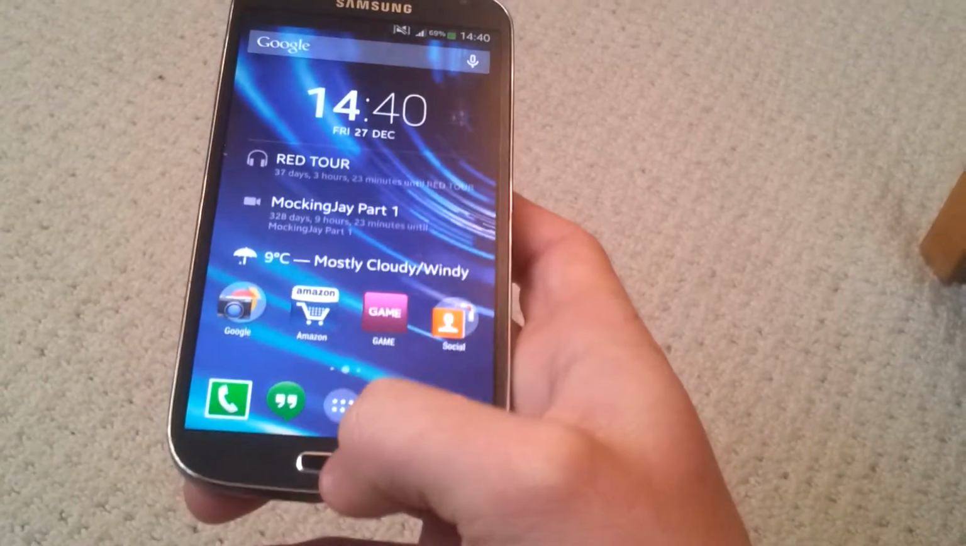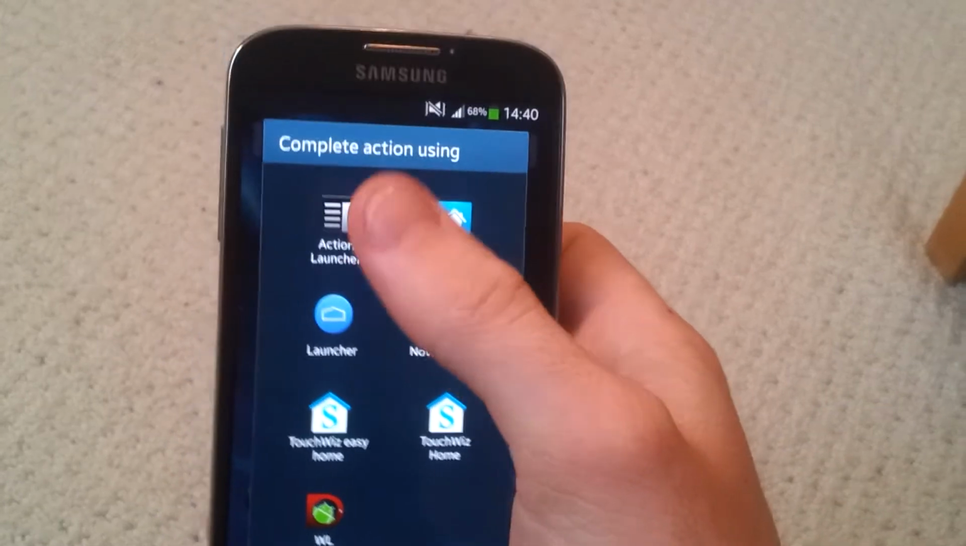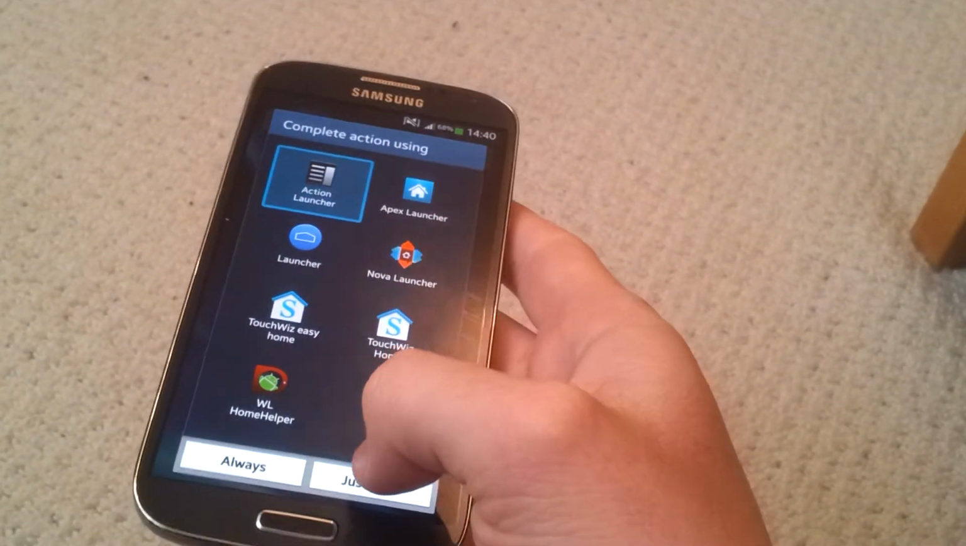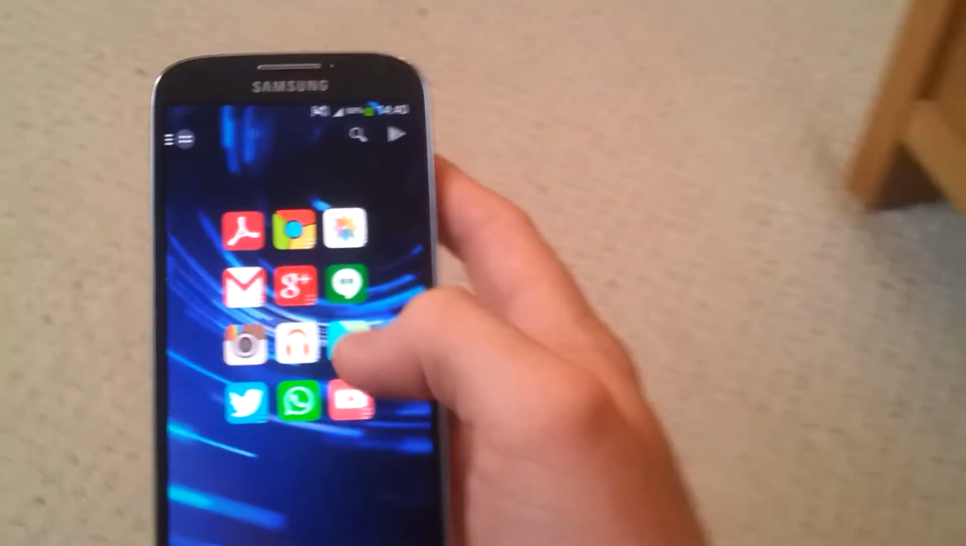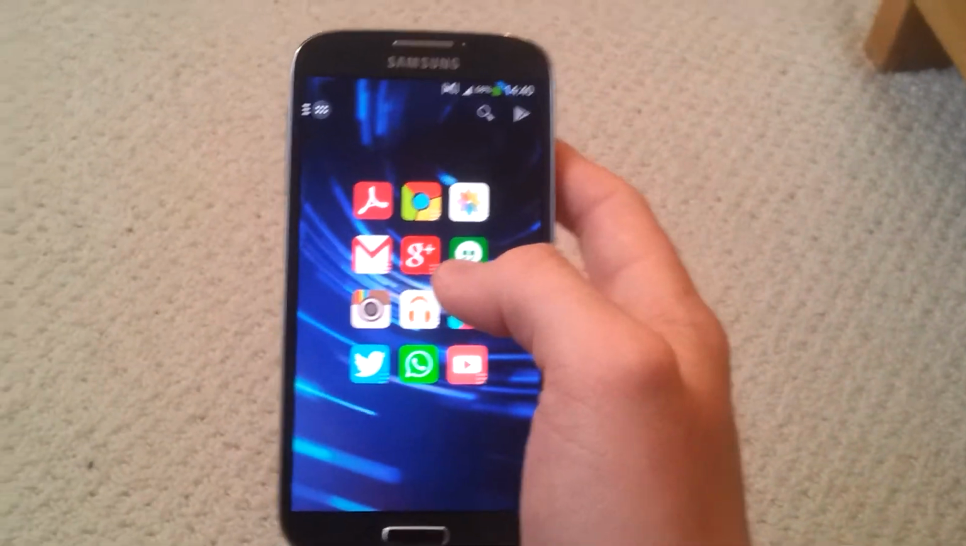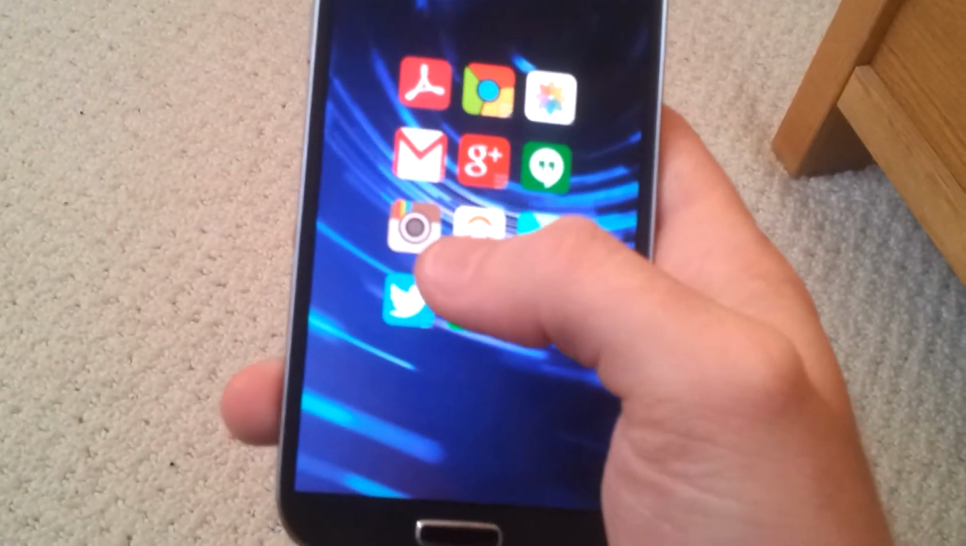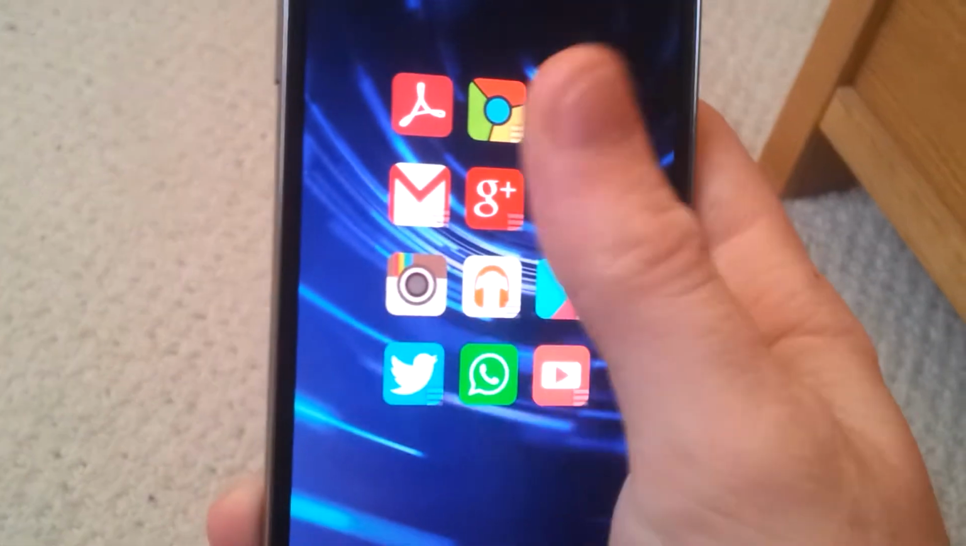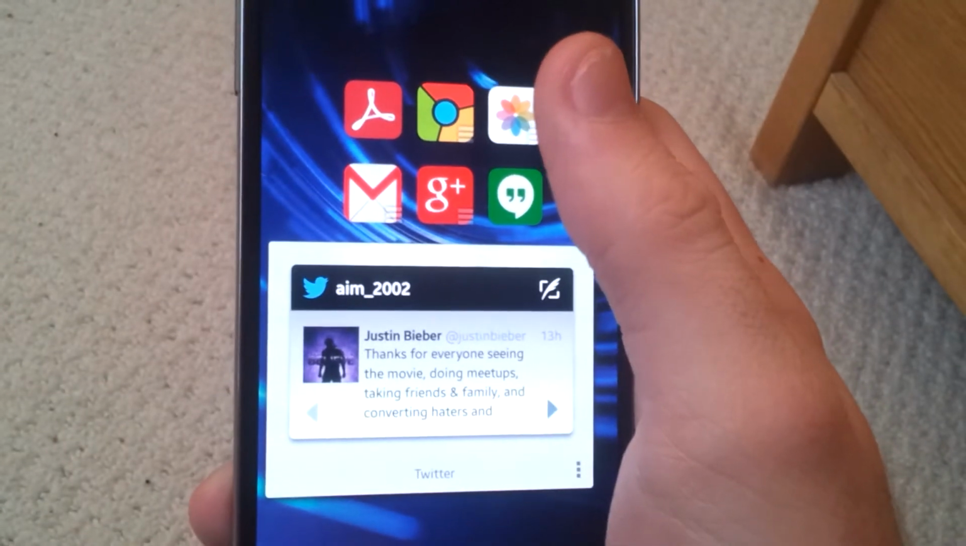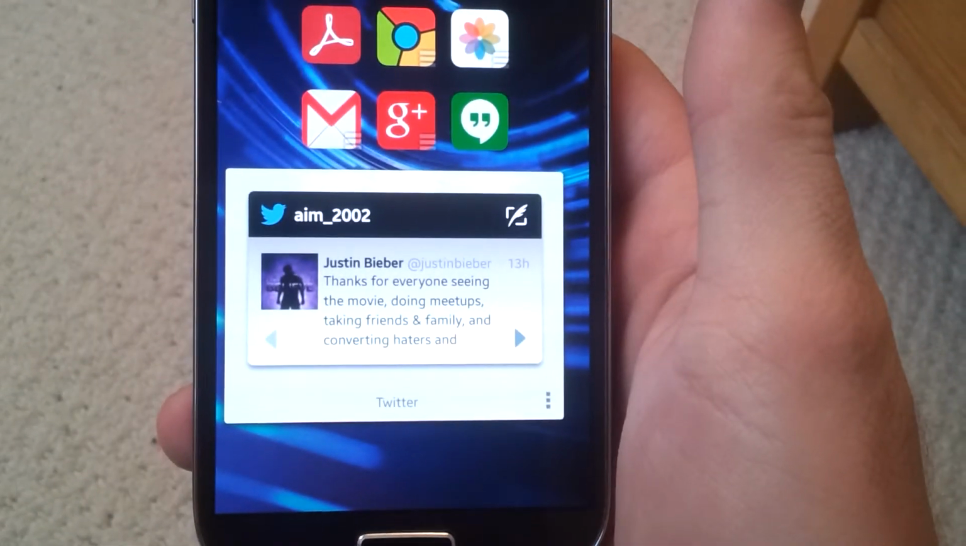Now we'll head over into, we'll go with Action Launcher next actually. Action Launcher isn't one of the most customizable launchers on the market, but it does have a lot of great features. The predominant one is shutters. If you swipe up over an app's icon, it comes up with the app's widget, and I have no idea